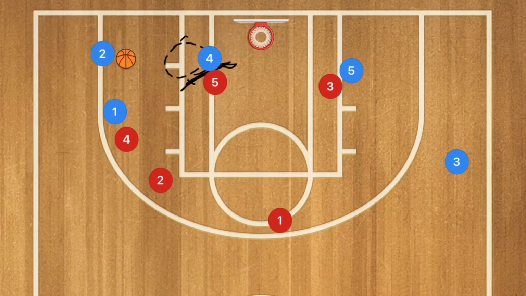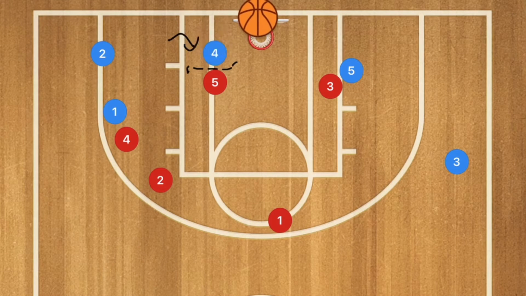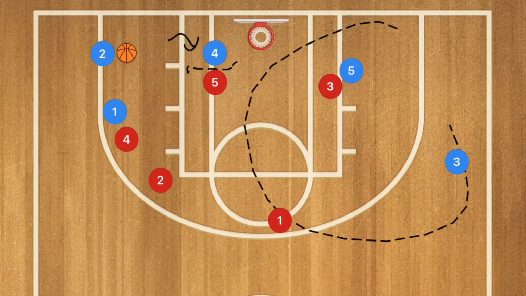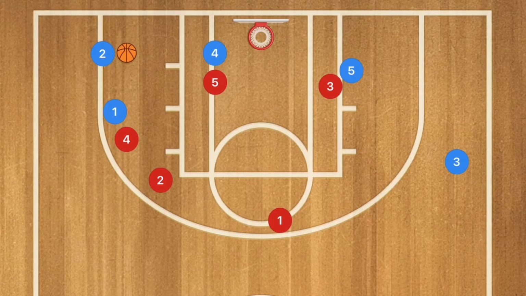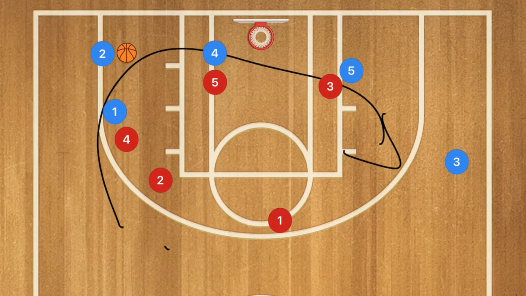to the rim. Or what could happen is there could be a lead to a pass to player 4 because player 4 is sealing his man behind him, and this could be an easy layup for player 4. Now, of course, this play could be ran on this side as well if player 1 was to pass to this side. So obviously just flip that play and that could happen. But anyways, that is 2 plays over with that you could run with your high school team against a 2-3